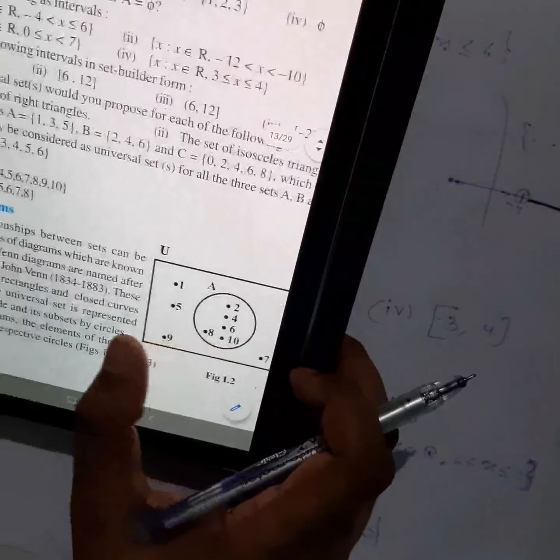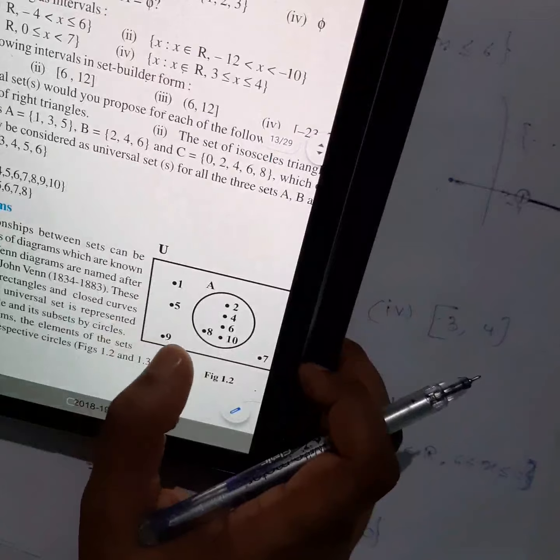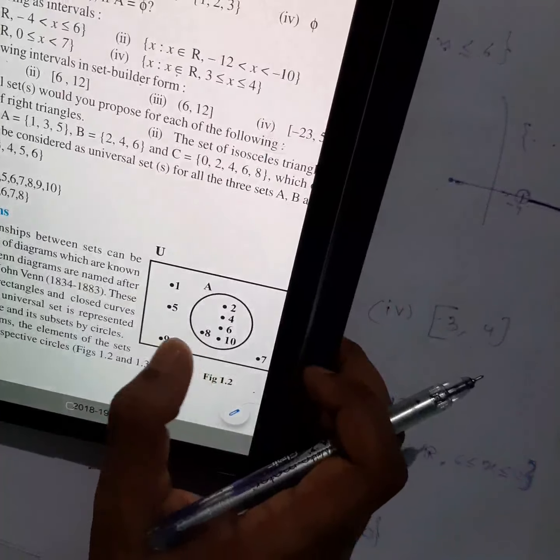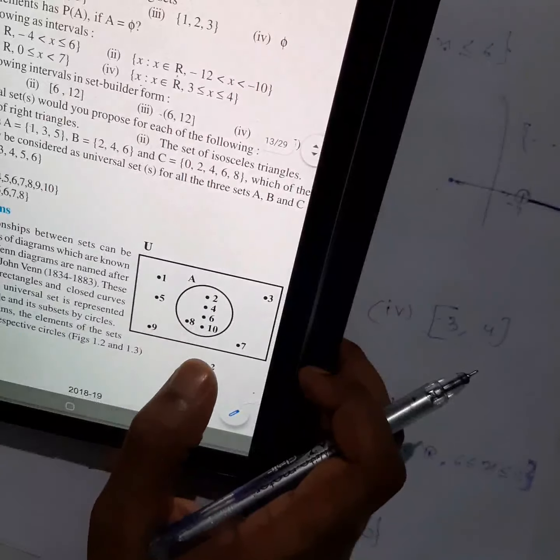Okay, same way. Number 8, what universal set would you propose for each of the following sets? So first thing, what was a universal set? The biggest set, I said, right? Now the biggest set depends. I gave you the example of your class only, right? For you, the class itself may be the universal set, or the school can be the universal set, or Dimapur can be the universal set. I said these things, right? Or the whole country can be your universal set.